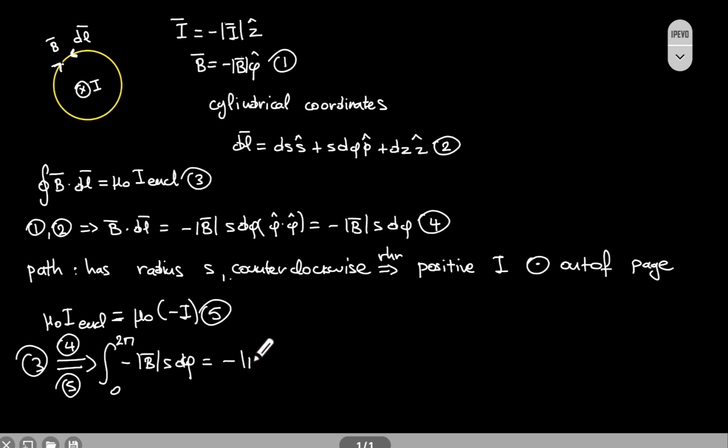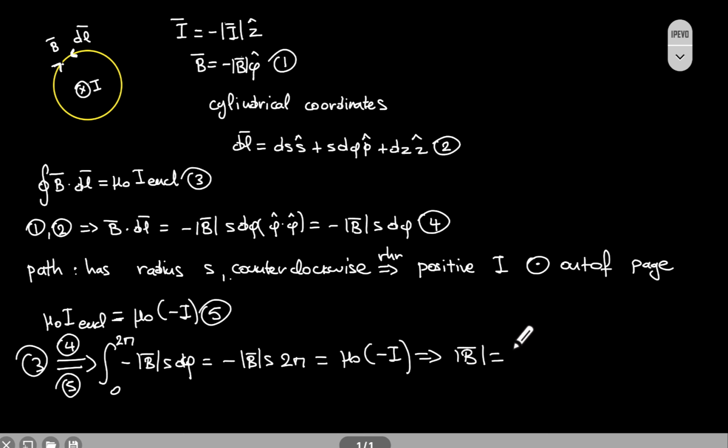It will give me minus B times s times 2 pi, and the right side of Ampere's law is mu naught times minus I. The minus signs go away, and I get,